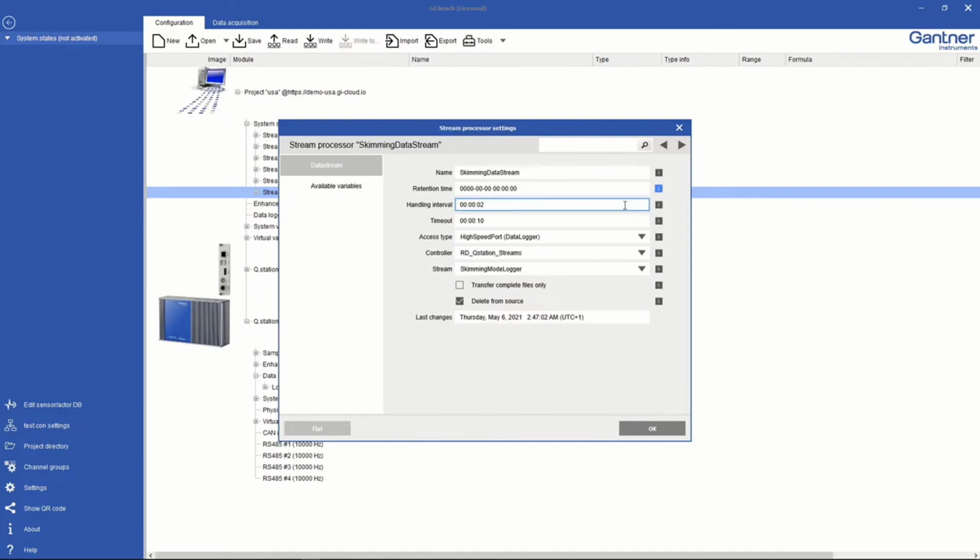The recommended handling interval is at least 2 seconds. With the default 0.5 seconds, there could be some connectivity issues during the request cycle when checking if there are new files. Lastly, it is extremely important that the 2 operating modes, transfer complete files only and delete from source,